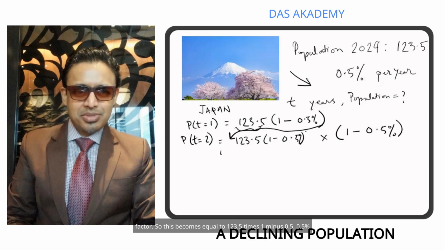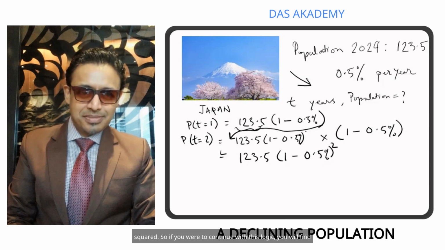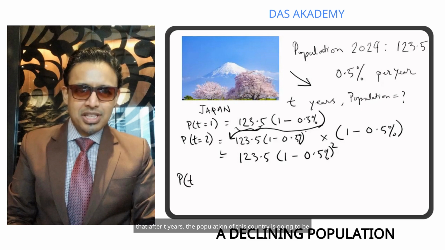So this becomes equal to 123.5 times (1 minus 0.5%) squared. So if you were to continue with this logic, you will find that after t years, the population